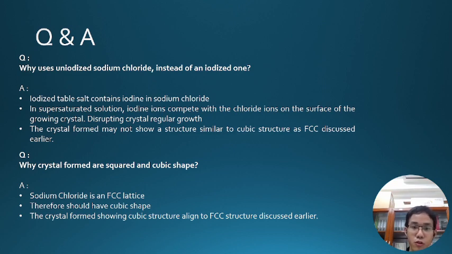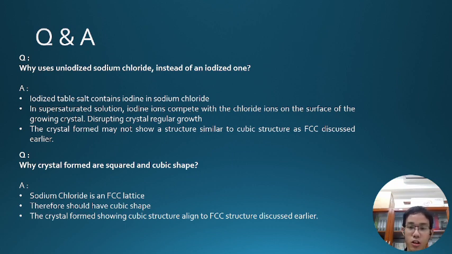So the first question is why we use uniodized sodium chloride instead of an iodized one. The issue of iodized sodium chloride is that it contains iodine, and therefore in the supersaturated solution, the iodine ion will compete with the chloride ion to attach to the surface of a growing crystal, and therefore disrupt the crystal growth. So the crystal formed will have an irregular shape